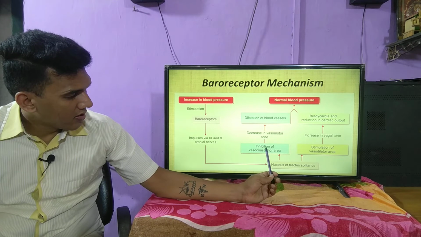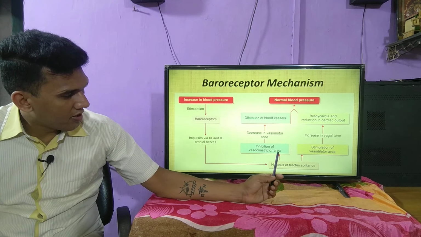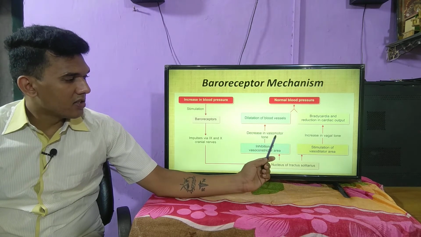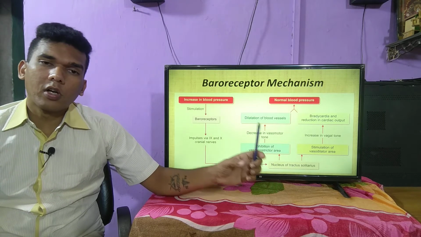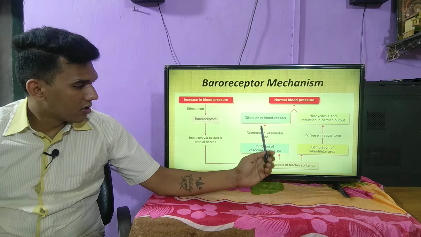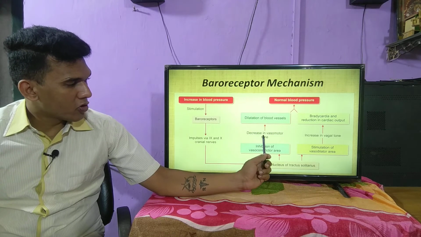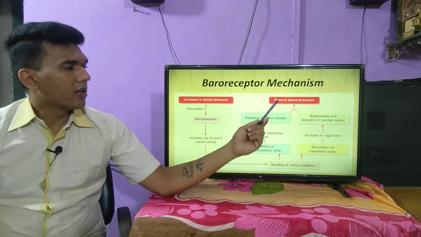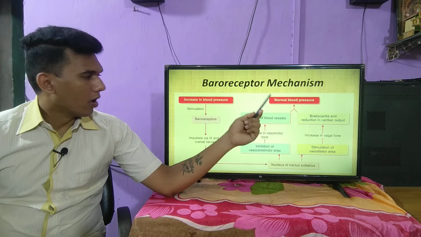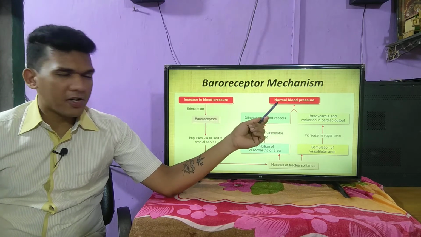So there is an inhibition of the vasoconstriction area, so there is a decrease in the vasomotor tone. The vasoconstriction area is responsible for the vasoconstriction of the arteries. So there will be a decrease in the vasomotor tone, and there will be dilatation of the blood vessel. Because of that, the blood pressure will get reduced from the increased blood pressure and it will come to the